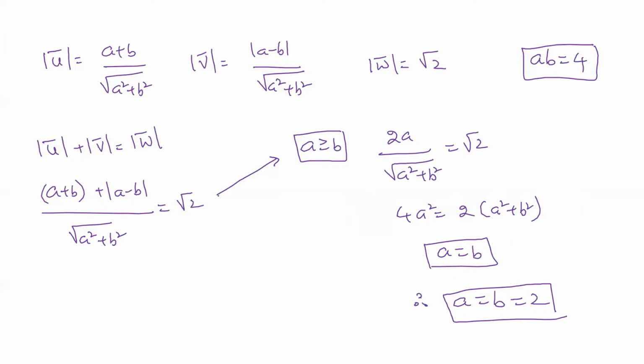So now there is a second case that we have to consider here. That is going to be when a is less than b. But interestingly, you can see even if you take the second condition a less than b and proceed, you will be getting exactly the same answer here. So we are skipping that part. Let's continue with only this one case, because the second case is going to give you exactly the same answer because of the symmetry. So right, now look at the options they have given.